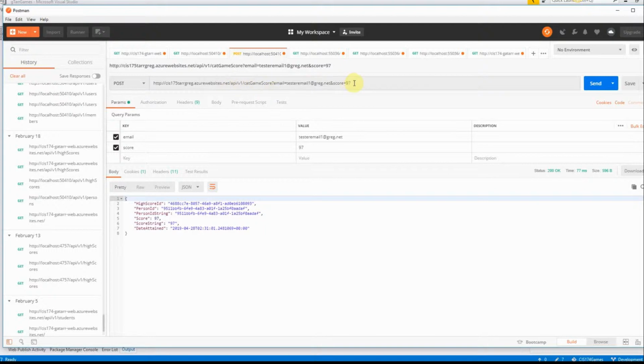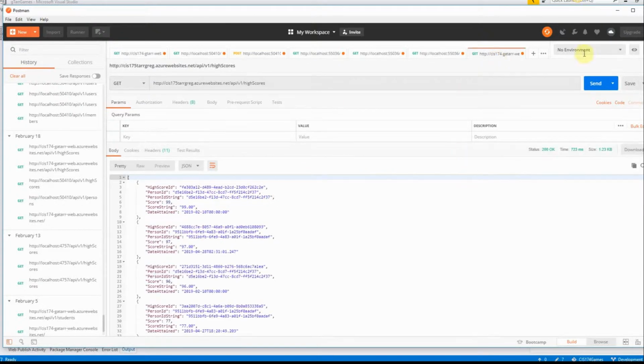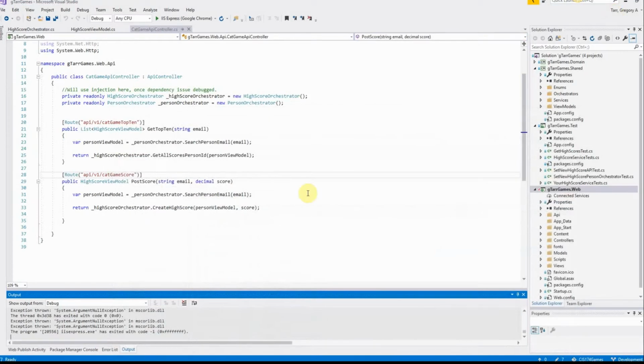This is a post, and we're going to send it a game score of like 150, which should be the high score. And so we'll just send that to our application. There it shows the score that's been created. And now we'll do another quick call to the get high scores. This will get our leaderboard, and you can see that 150 score is right there at the top. So I just wanted to show that the web API works on the project side. It just does not connect from Unity. All right, so